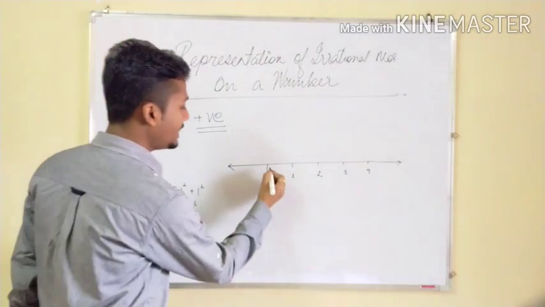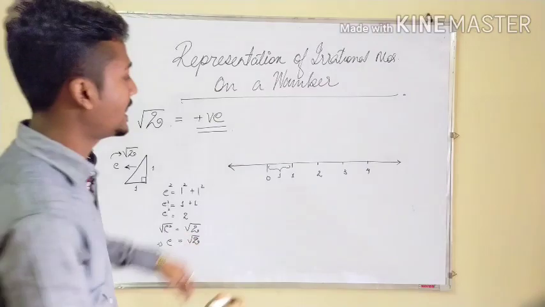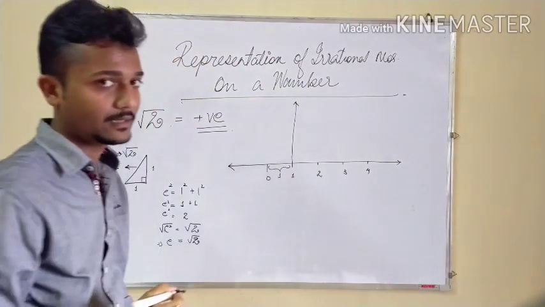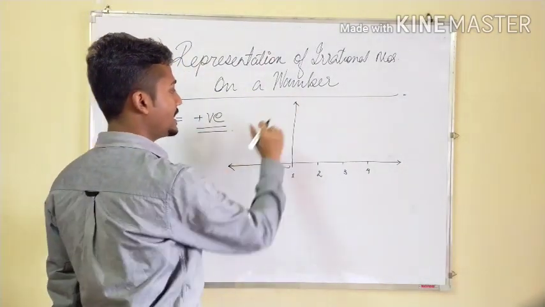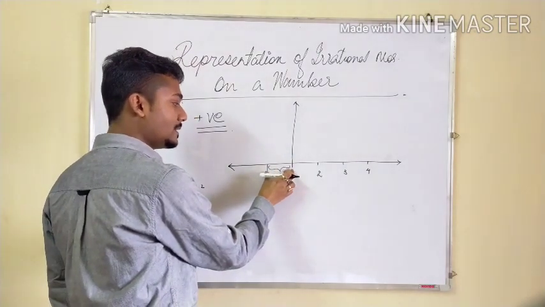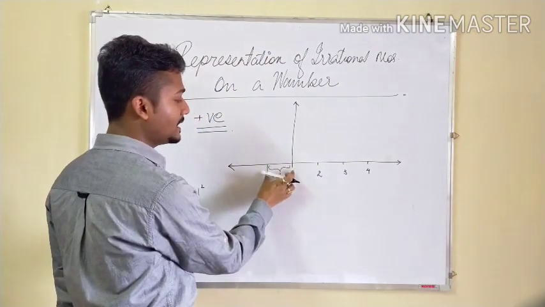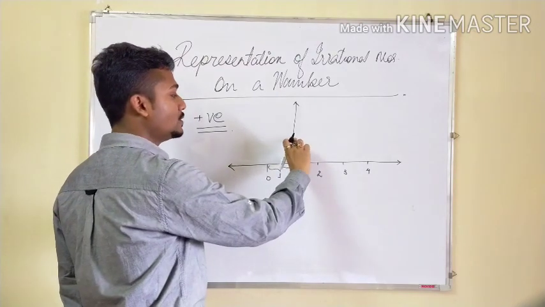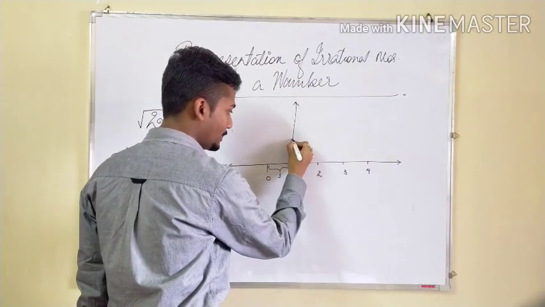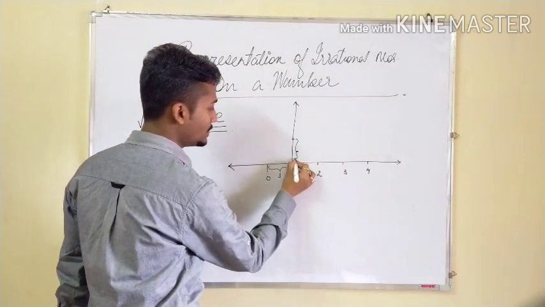Now by using the same manner, I am going to represent it here. See, if I take this to be 1 unit, I will draw a straight line from here. You will use a scale. If you are taking here 1 centimeter, then here also you will take 1 centimeter. If you take 2 centimeters here, here also you will take 2 centimeters. So this should be of the same measurement. If this is 1 centimeter, this also should be 1 centimeter.